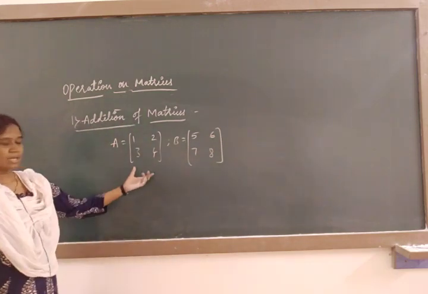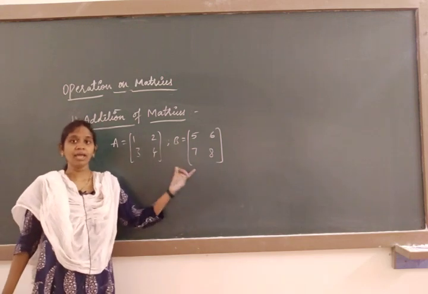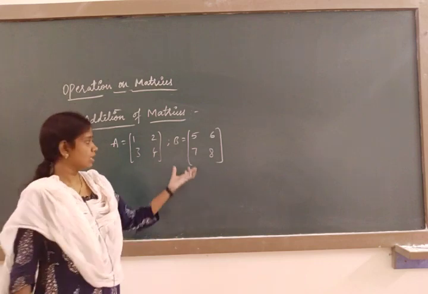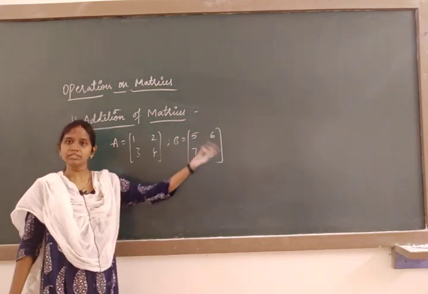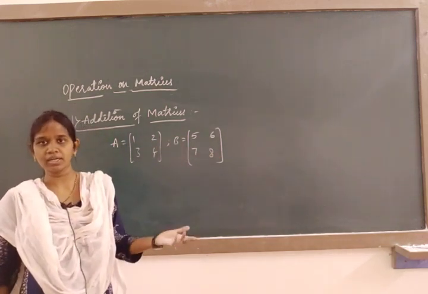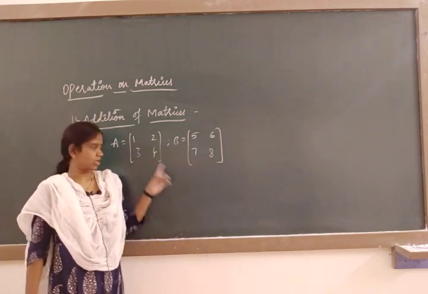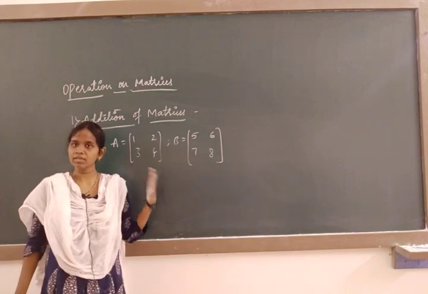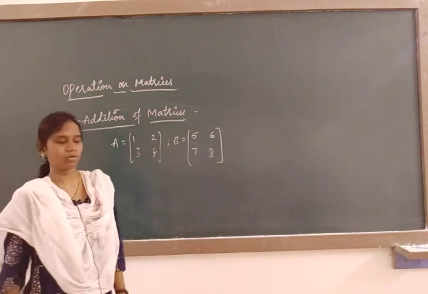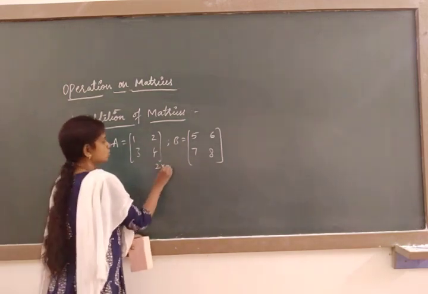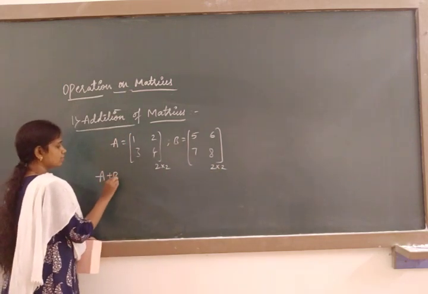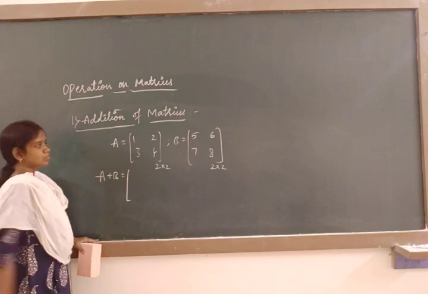So look at the example, whatever I have written, A and B, I have written of the same order. So it means that to have the addition, A matrix, B matrix and C matrix, whatever matrix we are taking, it should be of same order. If it is 2 cross 2, then the remaining are all 2 cross 2. If it is 3 cross 3, the remaining matrices are all of 3 cross 3. So if this is 2 cross 2, this is also 2 cross 2. Then addition is possible by adding the corresponding elements.